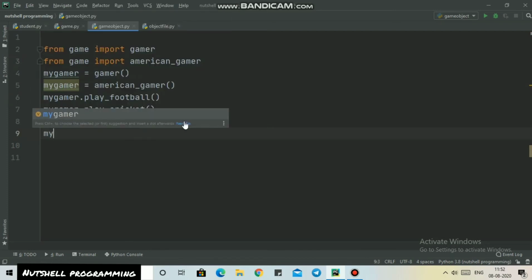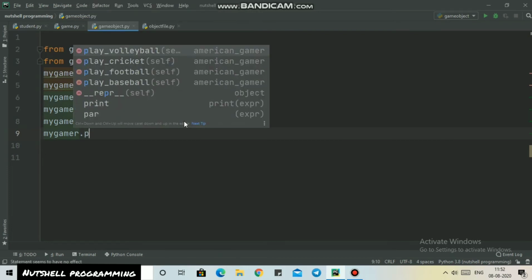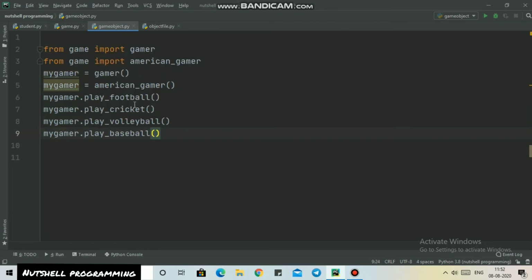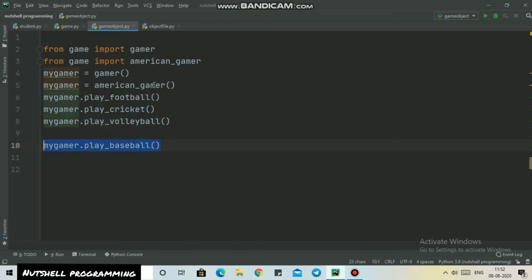Okay. So we have just imported both our classes. First is gamer and second is American gamer. I'm going to just connect our object with the play baseball function also, because our American player can play baseball also.